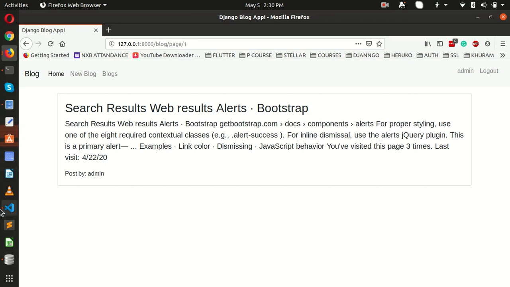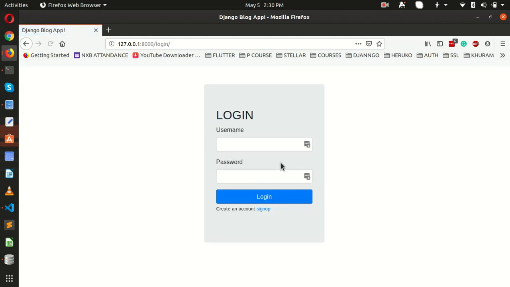We can even use his first name or last name. If we log out, let me log in with another user, Hamad, and password, hope this is the password, no, password Hamad.